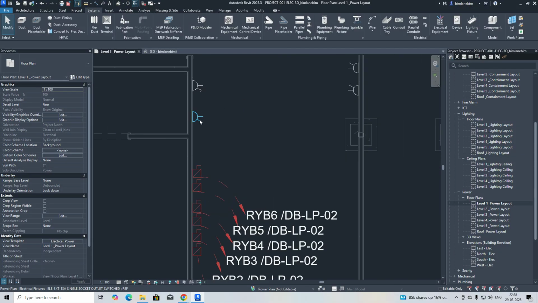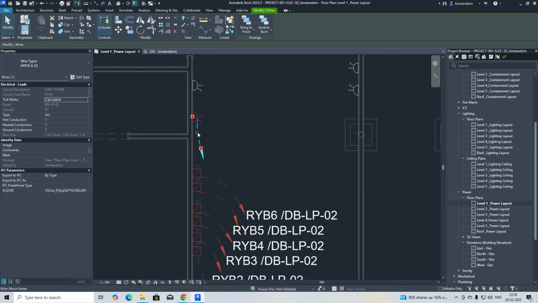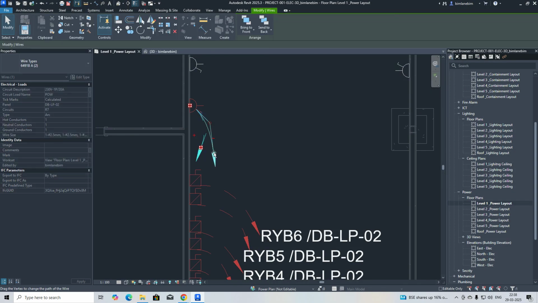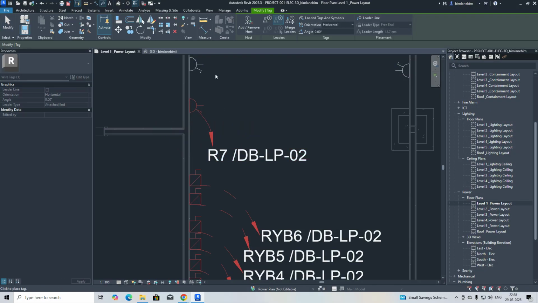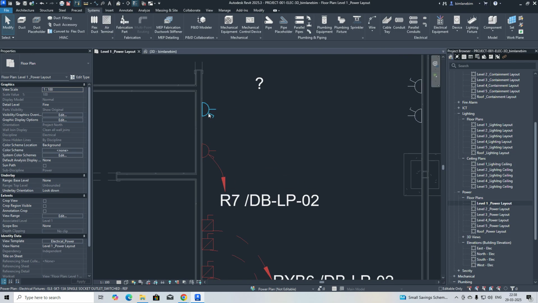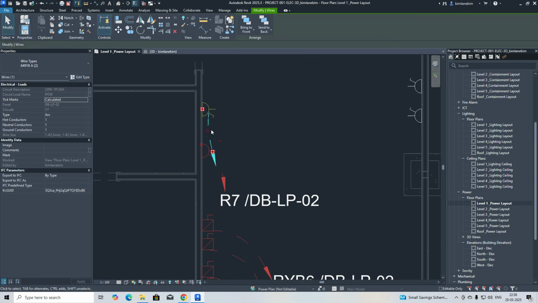Okay, so you can place it that one, selecting that one, power, just give arc wire, so you can just make the socket connections also. So just select this one like this. Okay, then give a tag for this one, TG, so it will come like R7, and here you can select it. Sorry, just deleting this one, select this socket, power, give the arc wire, and then you can select like